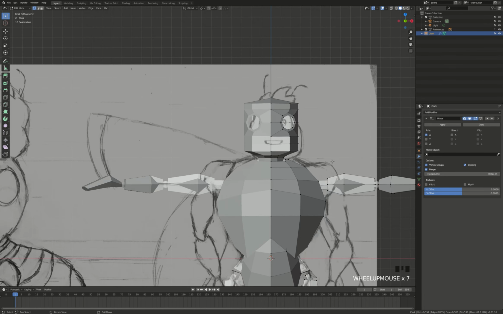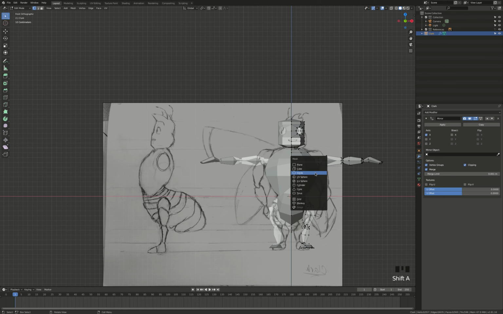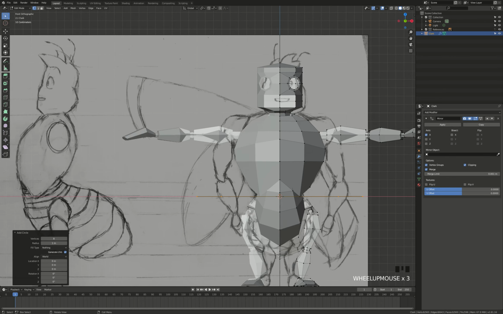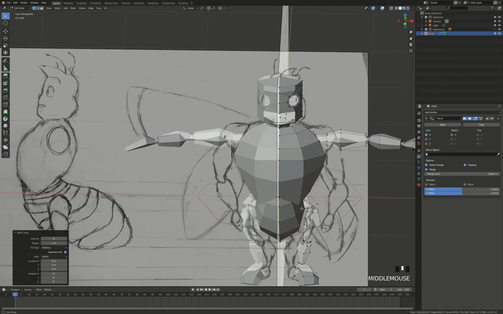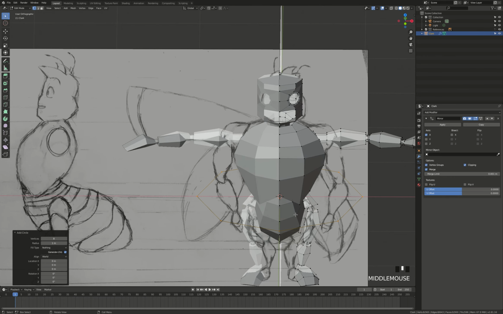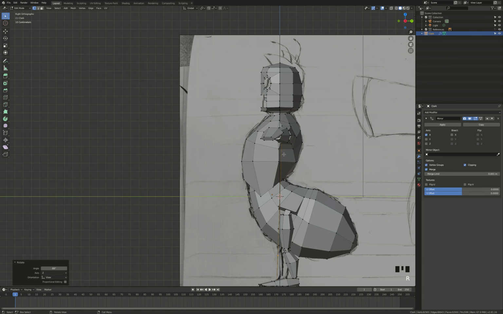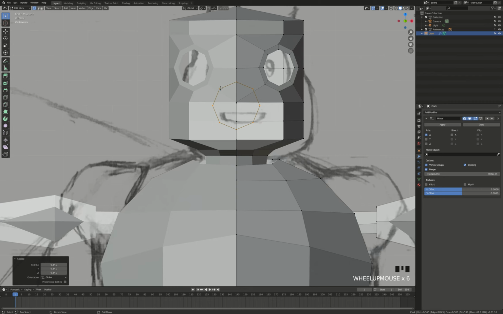So from here I'm going to make another circle, and again with 8 vertices, and it's again mirrored as it was before. So rotate this up and kind of scale it down and sort of start to get it into position, but I again need to come in here and delete